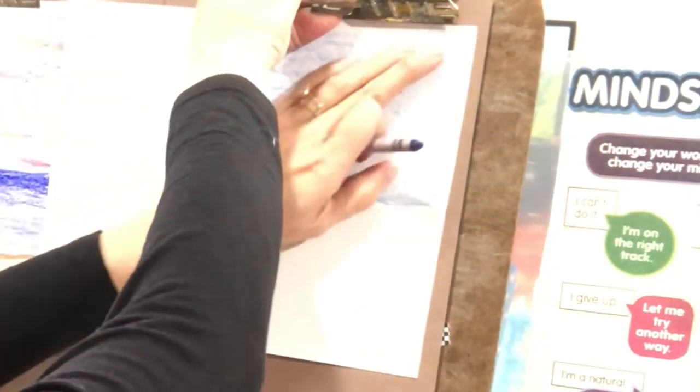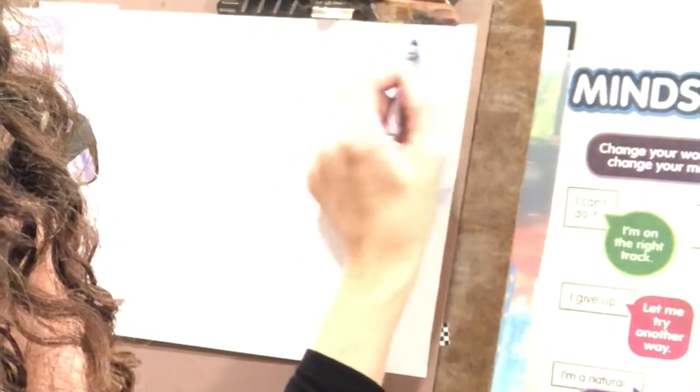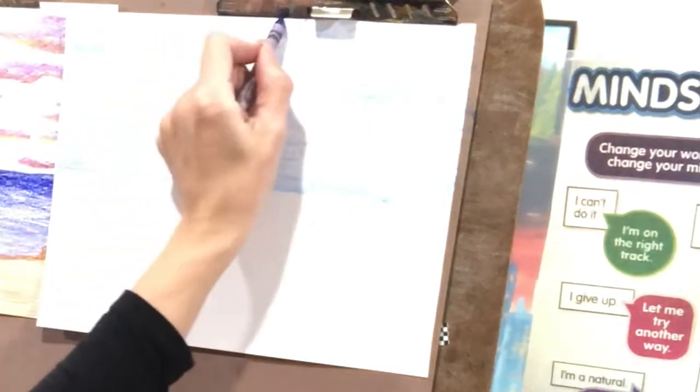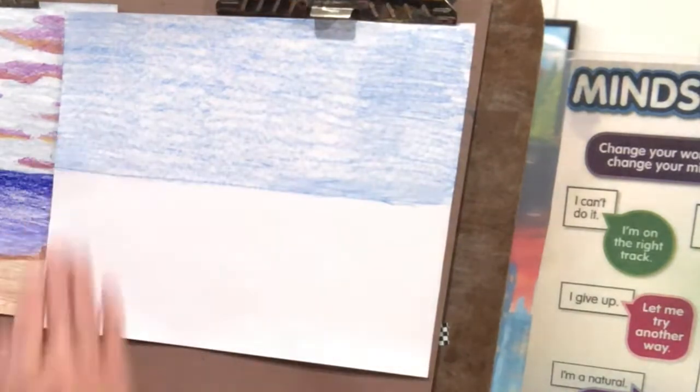And that's happening because I have a piece of cardboard underneath here. Okay. And so now I'm filling it all up. Okay. Great. Now that I've got my first layer of color for my sky,